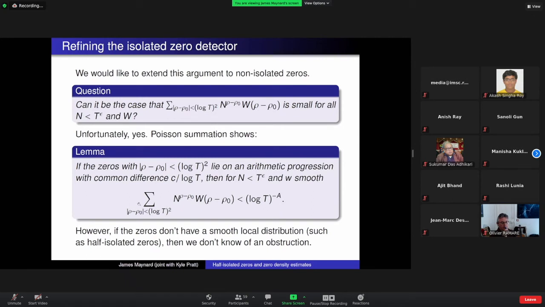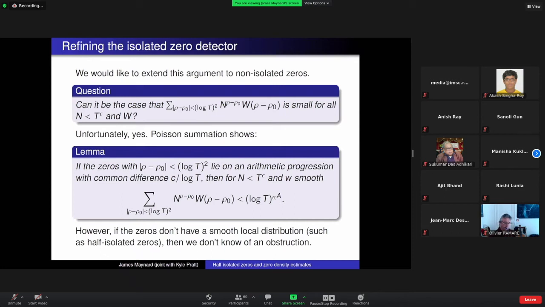And this means that if you were just in the middle of a vertical arithmetic progression of this type, somehow this approach of trying to find a short zero detector feels like it's doomed to fail. And we don't see any way around this at all. This common obstruction of arithmetic progressions on vertical lines seems to completely kill this approach.